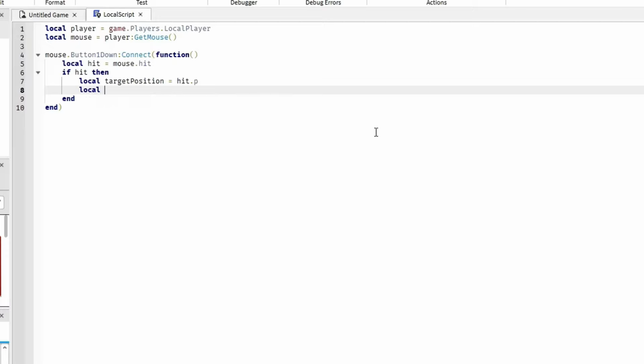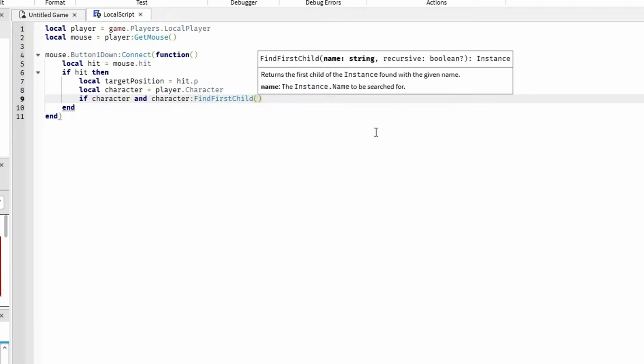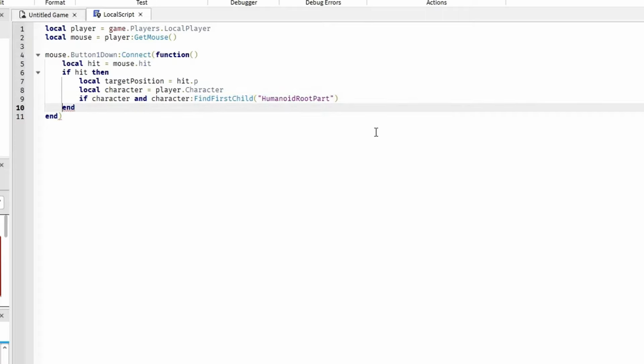Then local character equals player.Character. And then you want to check if character and character:FindFirstChild the HumanoidRootPart, which basically means there's a character there. You don't want to just teleport something random. Then